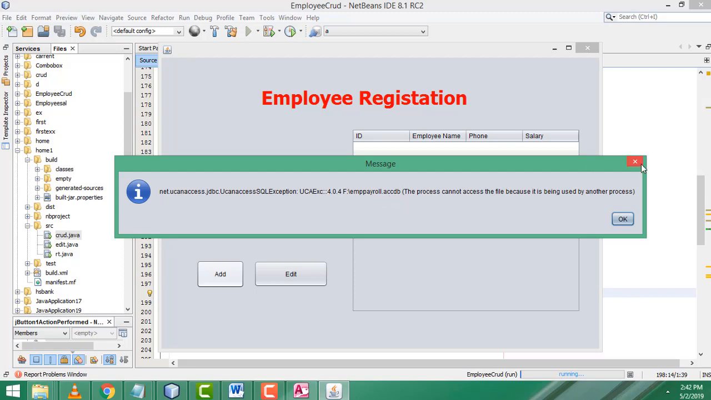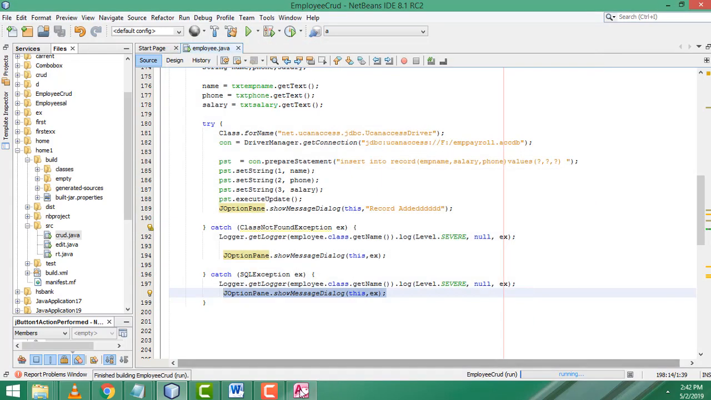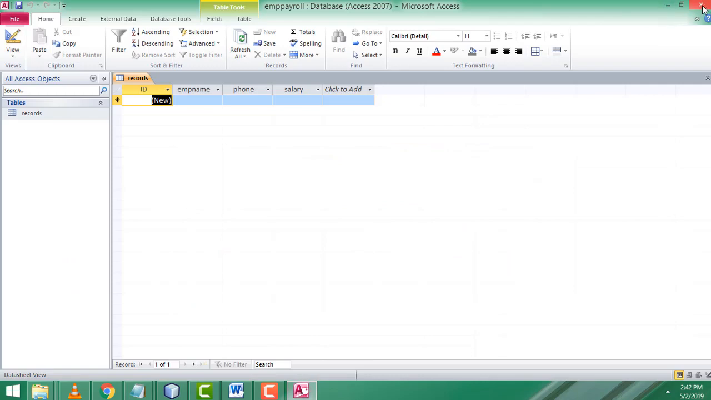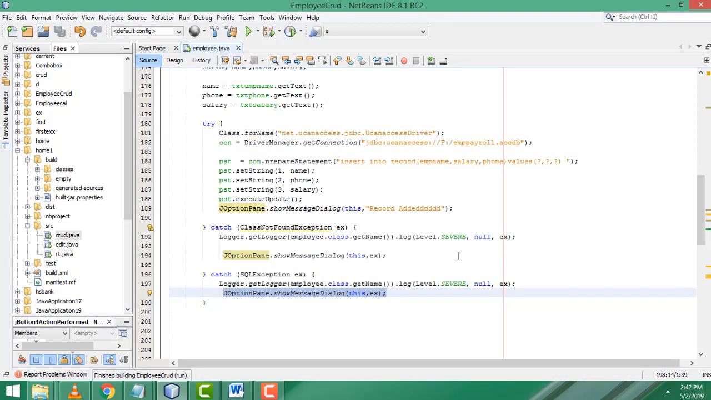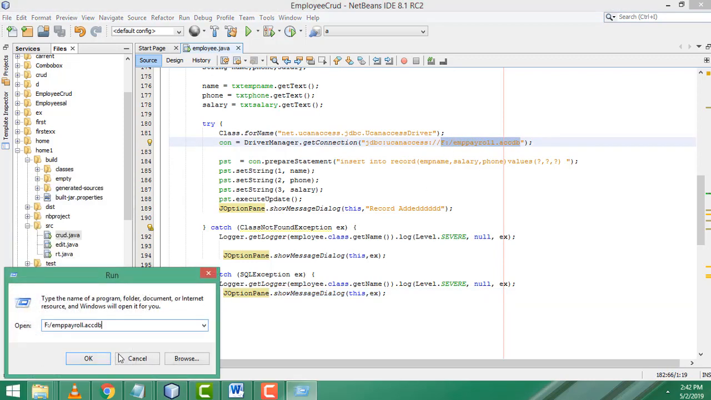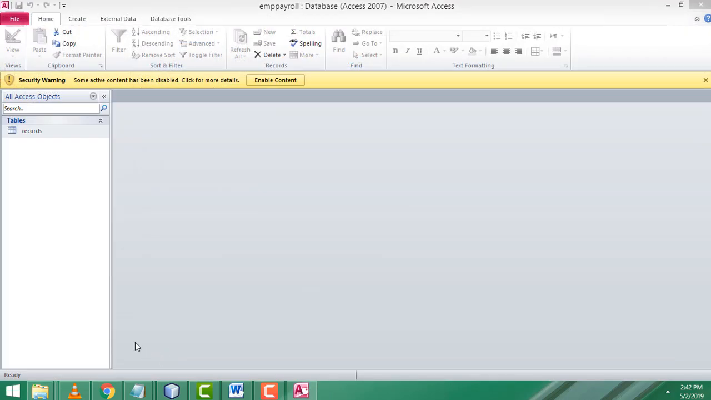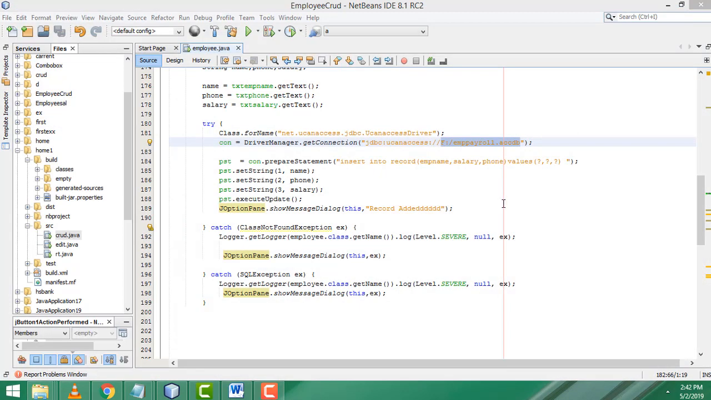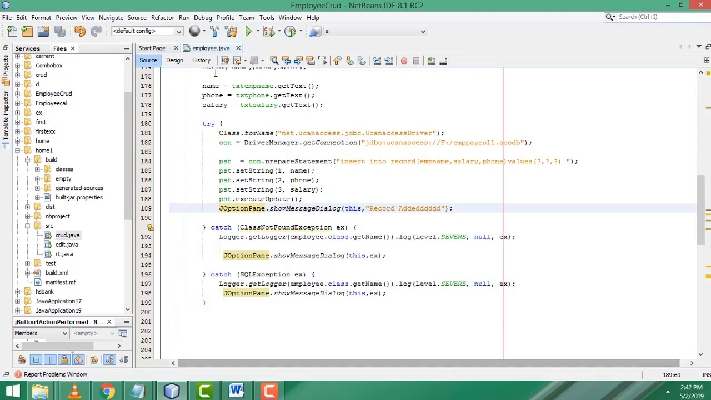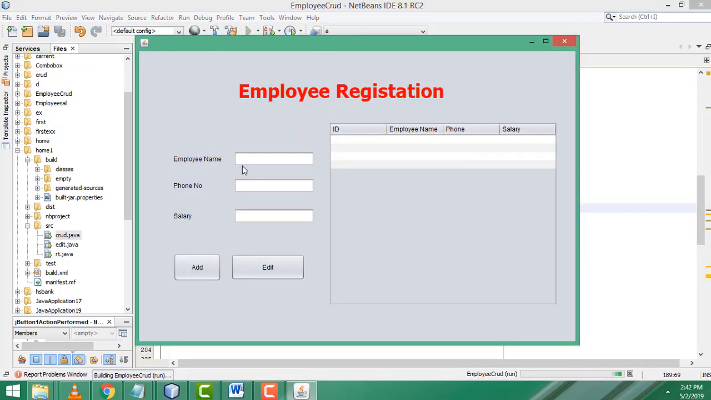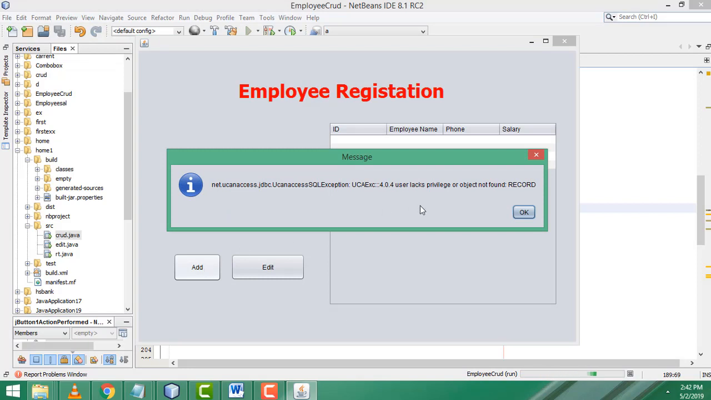So let's check whether it's working or not. We have to close it, and here this is the extension. You have to Ctrl C to copy. You have to run it. Now it's working. Why was it a problem? So again we close the database and we have to run it. John, phone number, salary. Click add button. Again here